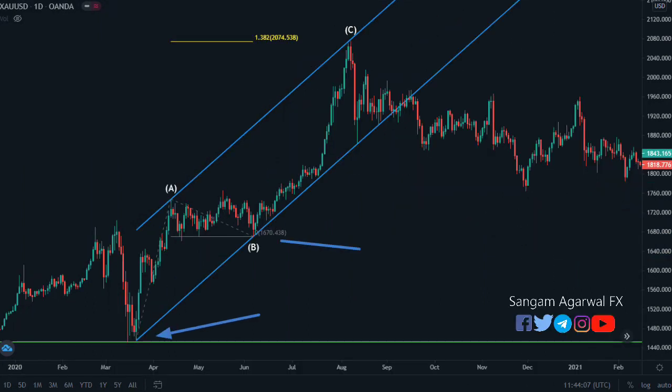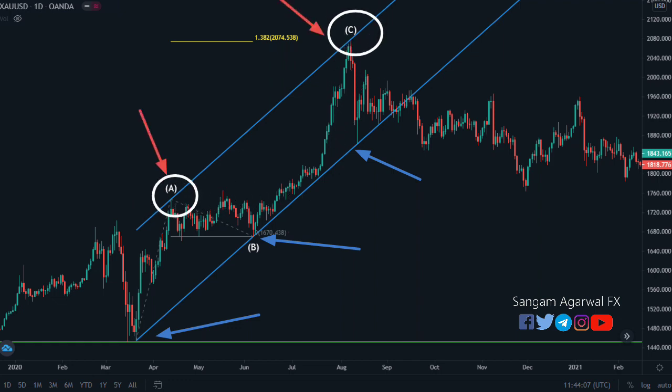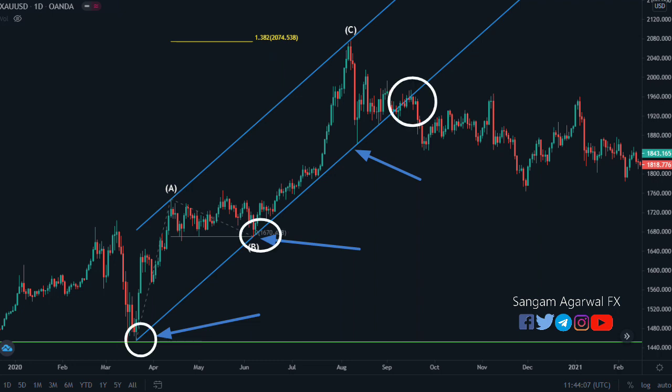Because this is a bullish trend, you buy at the lower trend line and take profit at the upper trend line. Similarly, you sell at the upper trend line and take profit at the lower trend line. In a bullish trend, as long as price trades above the lower trend line, you take entry every time it touches the lower trend line, while you completely exit when it breaks the lower trend line.